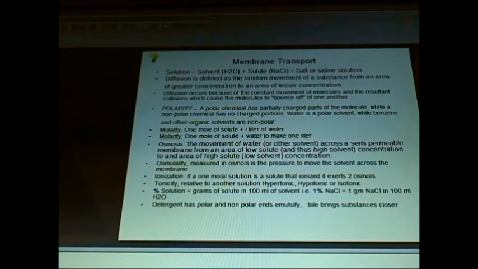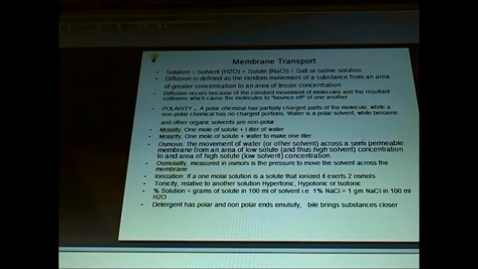Tonicity. Tonicity is relative to another solution. So if you have, going back to this sodium chloride solution, a 2 molar solution on one side of the membrane and a 1 molar solution on the other side, the 2 molar is hypertonic compared to the 1 molar, meaning it's more concentrated. The 1 molar solution is hypotonic compared to the 2 molar